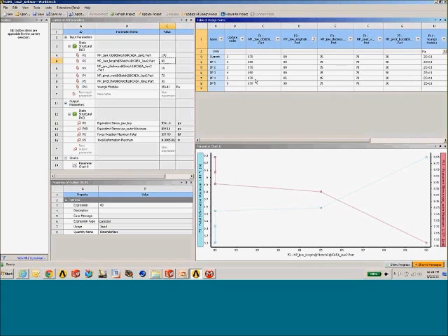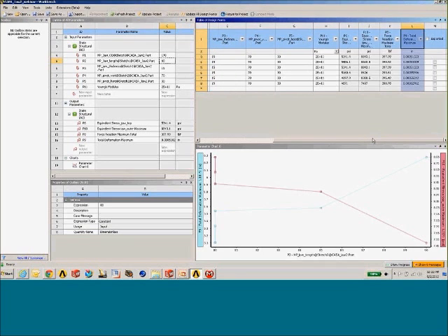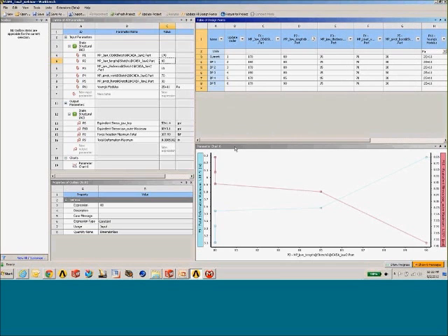So I can freely go in now and start to add in different design points that I would like to evaluate. If I happen to have a table of these design points from some specification and it's in something like Excel form or table form, I can paste those into my design table right now and kick off a manual design study or just a regeneration of these points and tracking the output or the response of the system to changes in the input. Again, all done in the background for you automatically